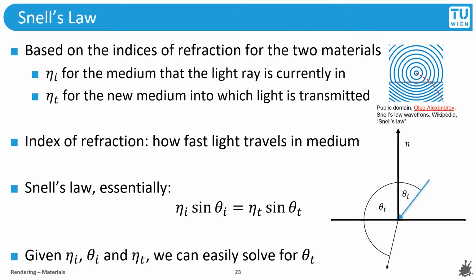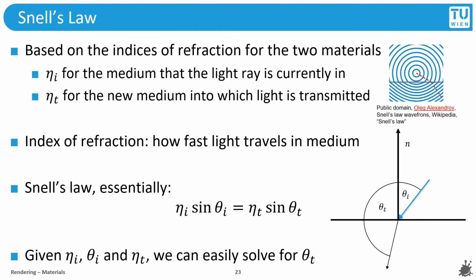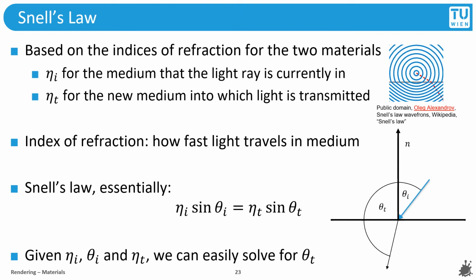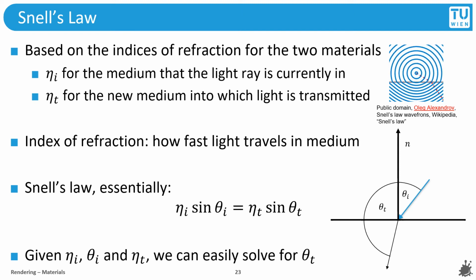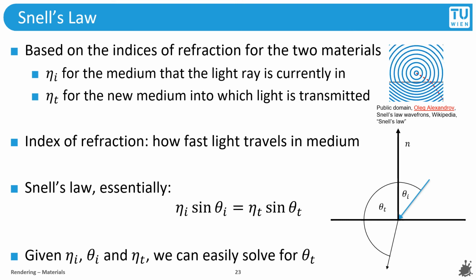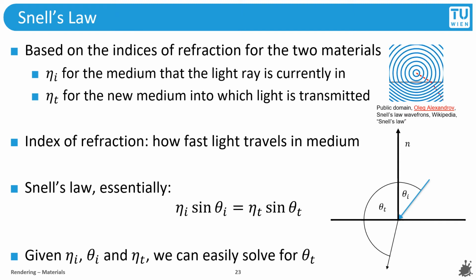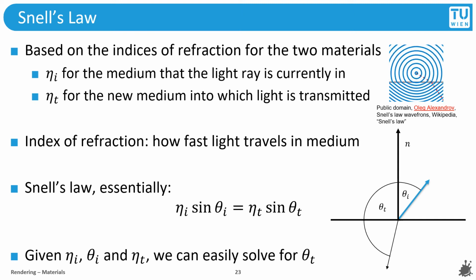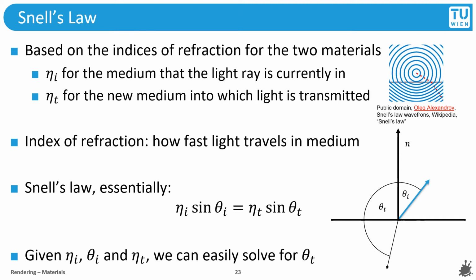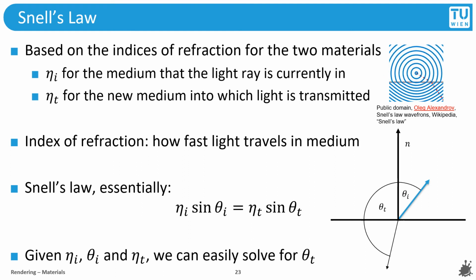Note that the directions on the sphere are defined by theta and phi, but the equation does not include any change in phi, because the ray does not rotate about the normal. Note also that on the right-hand side, we currently see the way that a photon would travel. But as with the BRDF, we will be using a notation where both vectors point away from the point of interaction. With Snell's law, it's not difficult to derive the new direction by solving for theta_t